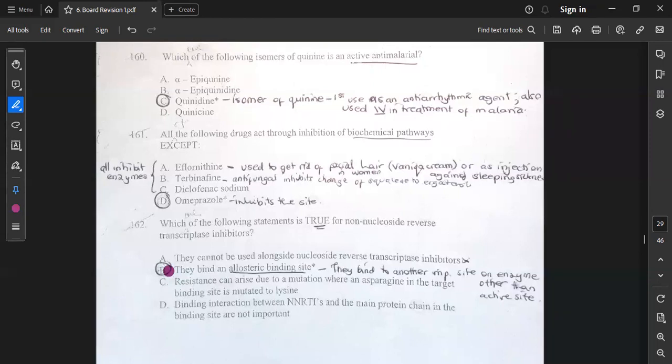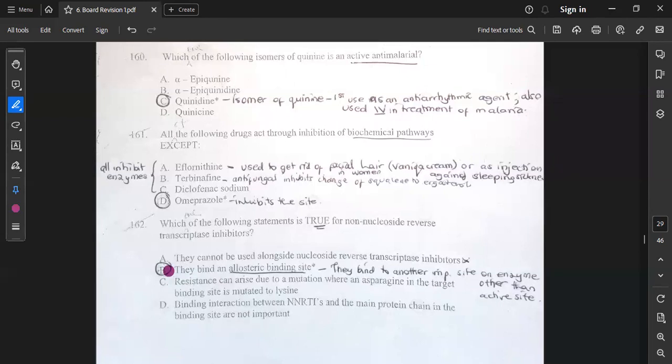For integrase inhibitors, we have dolutegravir, which is, I think, the most common that we find in our setting, and raltegravir. The entry inhibitors are enfuvirtide and maraviroc. Protease inhibitors: atazanavir, ritonavir, and darunavir. And then NRTIs: abacavir, emtricitabine, lamivudine, tenofovir, and